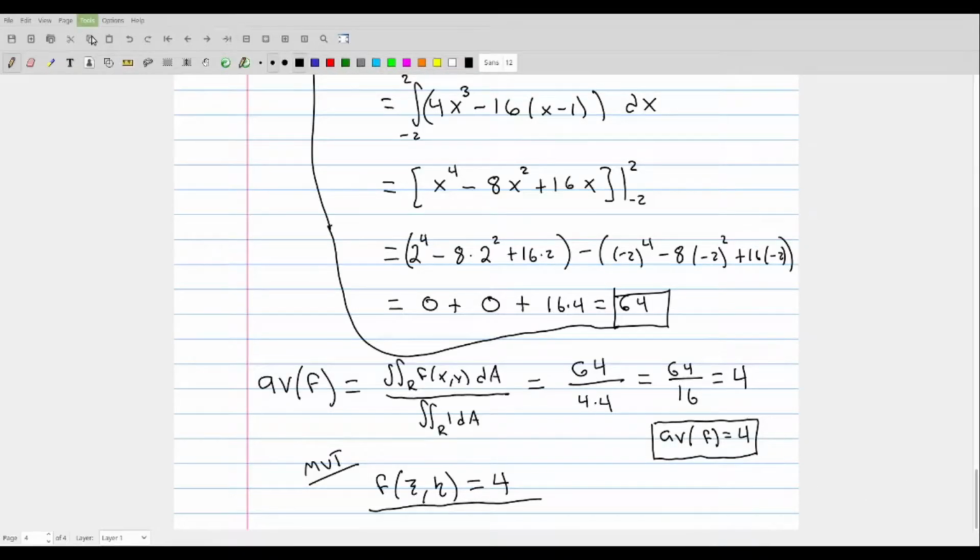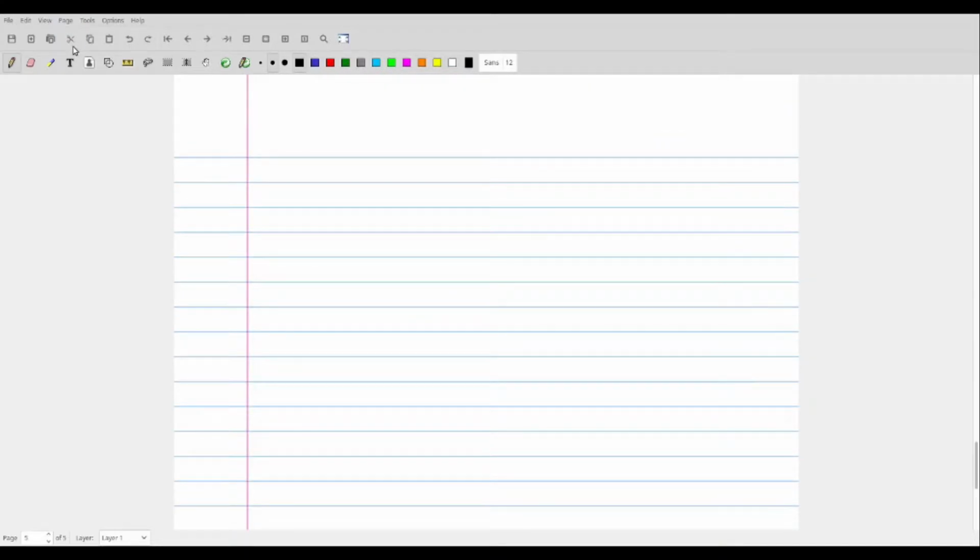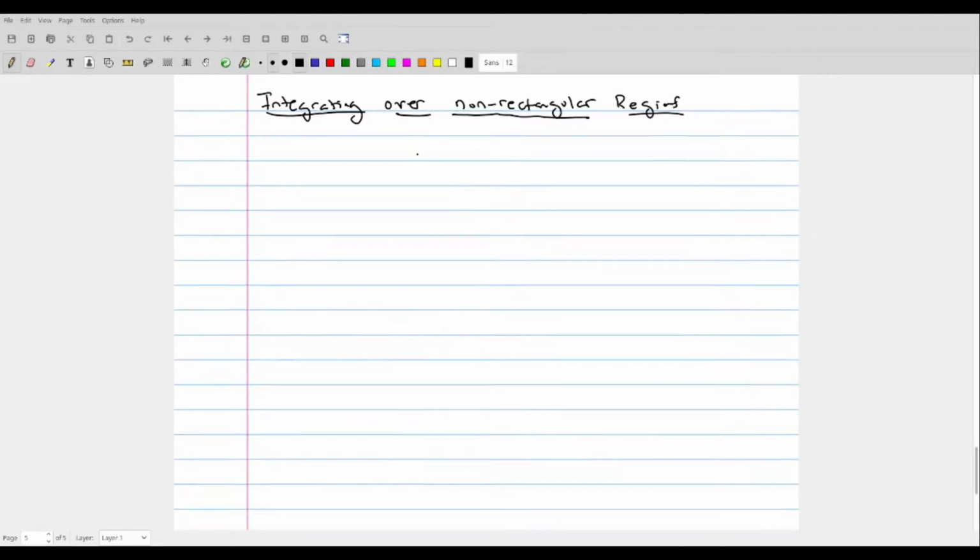So for the last two examples, I want to go over how to actually go through, and these are going to be general examples of integrating over non-rectangular regions. We've seen a number of different rectangular region integrals, and now we want to do the double integral over non-rectangular regions. And the way that I'm going to introduce this is through a